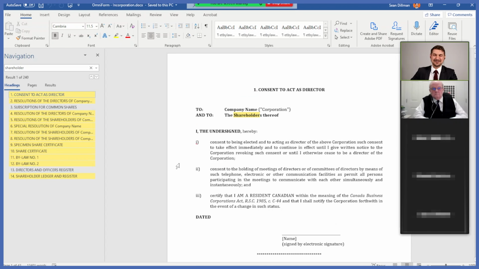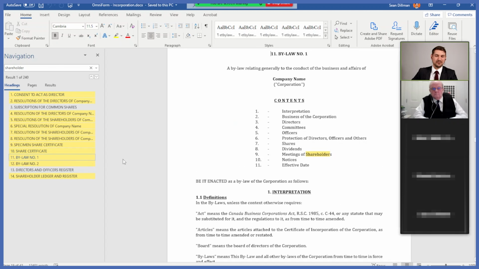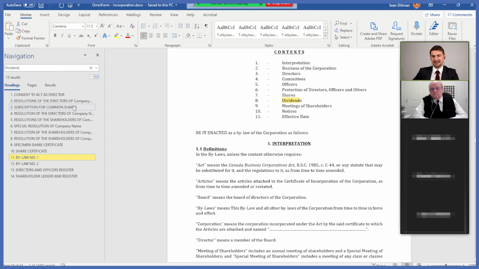But as you can see, it searches through the whole document. And if I was looking for, I don't know, dividends might be a good word, or dividend. How's dividend? Okay, dividend is 13 results. They're only in the first bylaw. In any event, searching is much easier within a single document because it'll show you where the term is appearing in the document and on what